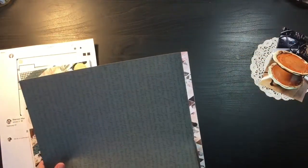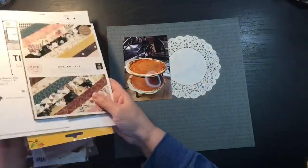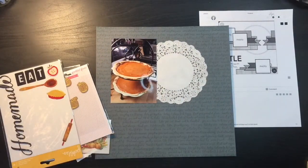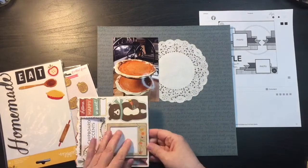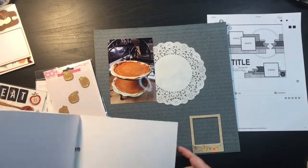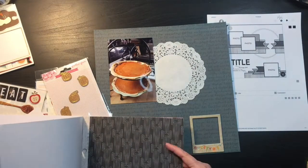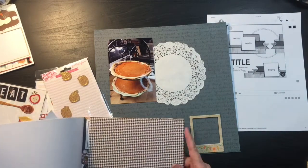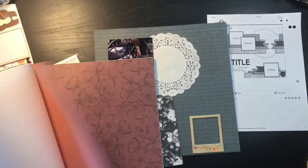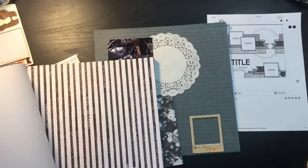Okay, so I cut the branding strip off of what I had picked out as my background paper, and I start laying it out. What I'm going to soon find out is that the colors that are left in the paper pad really don't match what I have going on. I really wanted to use the frame that was on the Echo Park chipboard because I figured that would take that element in the bottom right hand corner of the sketch, and I could use that as my journaling box. Most of what I had left in my paper pad was rose gold metallic,